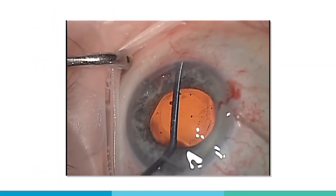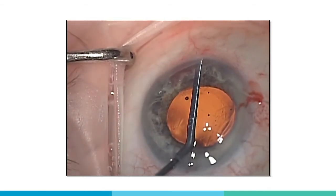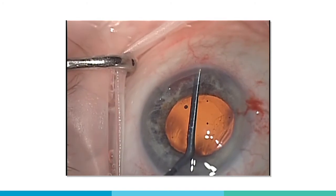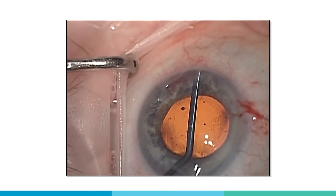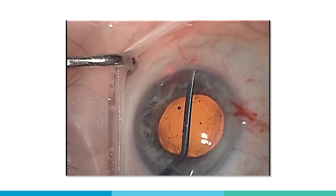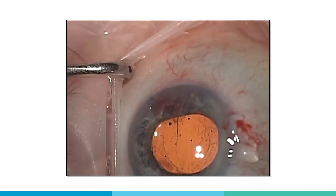And because we can use the iTrack catheter as a standalone procedure, for me, it makes sense to try to rejuvenate that natural outflow system, similar to the fashion in which cardiologists try to utilize coronary arteries. They try to stent or do balloon angioplasty before they actually crack open the chest and perform the larger procedure. So I like to try to maximize the outflow system in a patient first, and if over time it stops working or if we're unsuccessful at reducing the pressure to target because their natural outflow system is just too diseased,